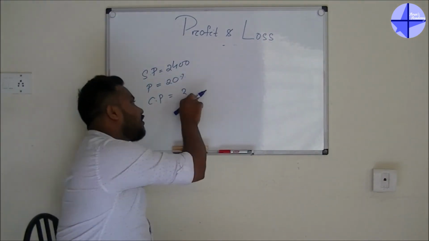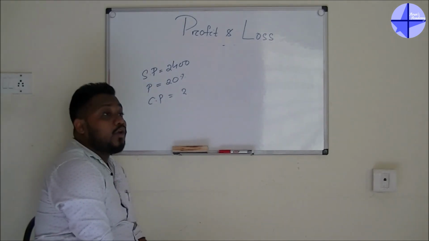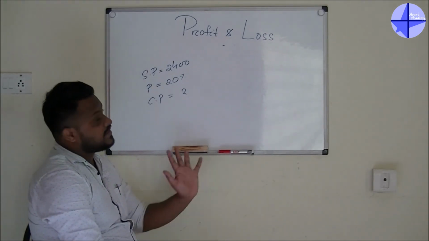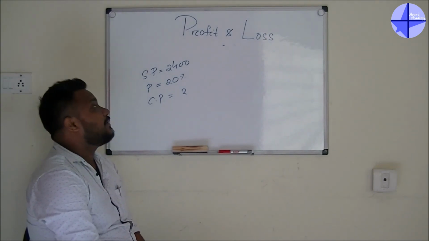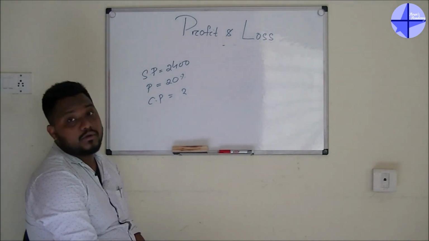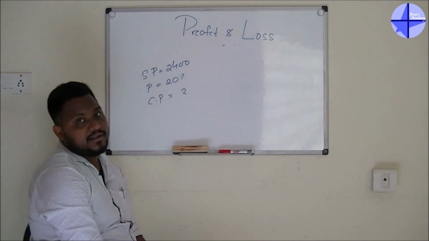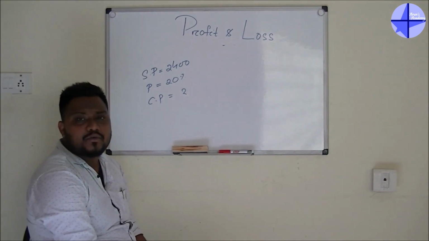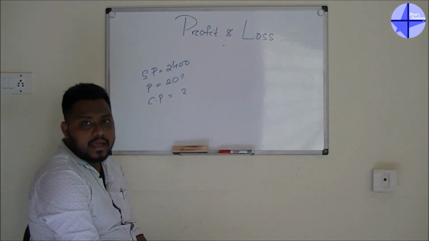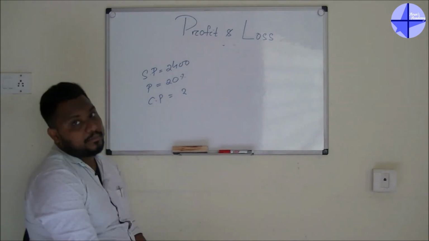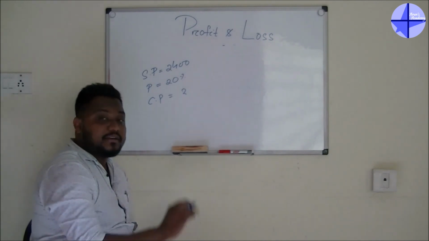What is the cost price? Guys, there are lots of people who make a mistake here. What they will do is calculate 20% of 2,400 and after that they will subtract. Guys, I didn't say you have to subtract. It's not like that. I told you when I started the topic that it may be profit,